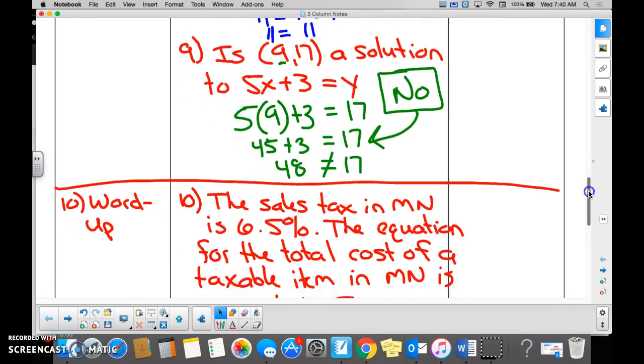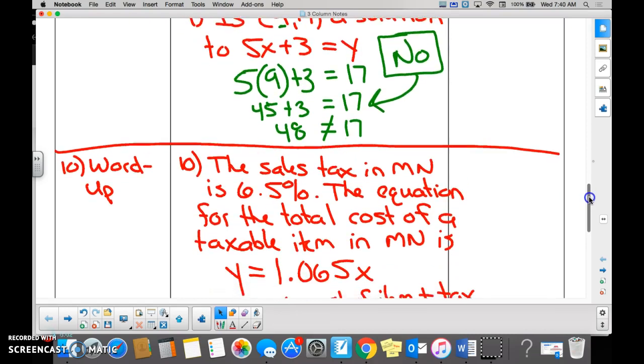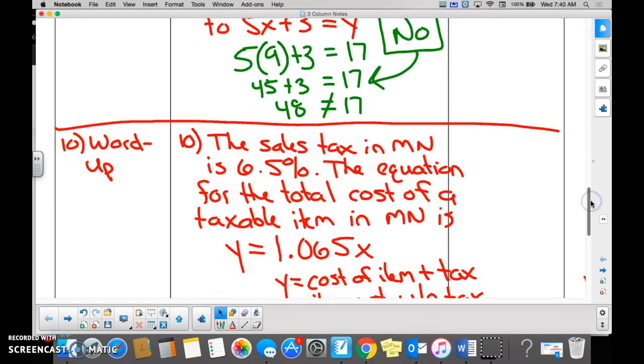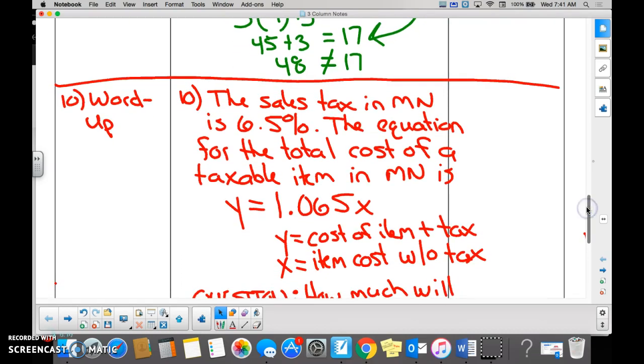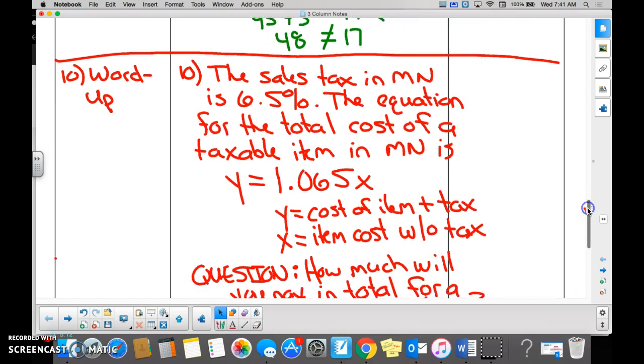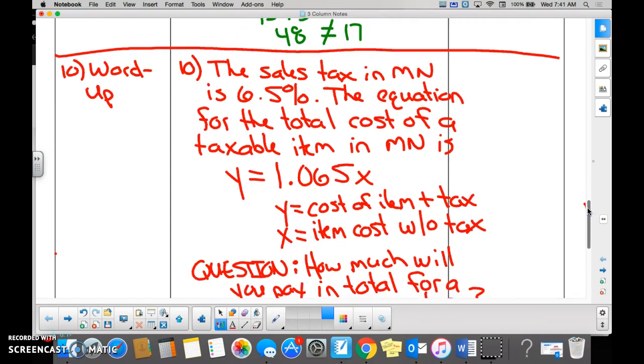Last one would be our application. The sales tax in Minnesota is 6.5%. The equation for the total cost of a taxable item in Minnesota is y equals 1.065x. So let me explain this. Hopefully you're remembering that a percent is converted into a decimal. It's just part of one whole. So 6.5% is really